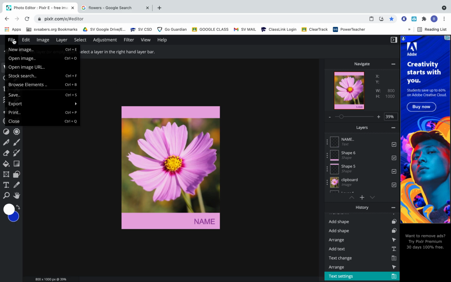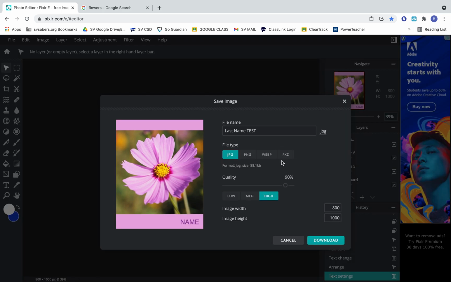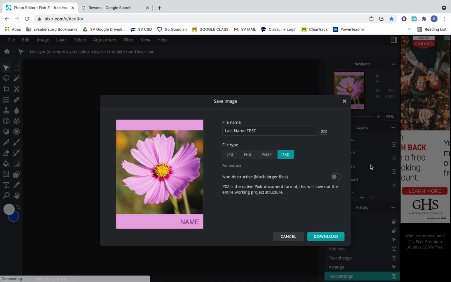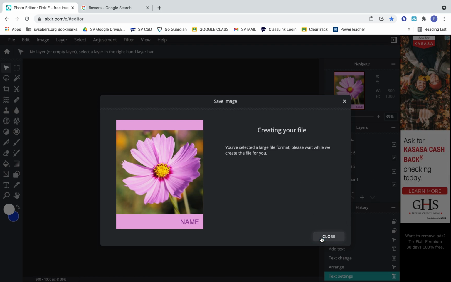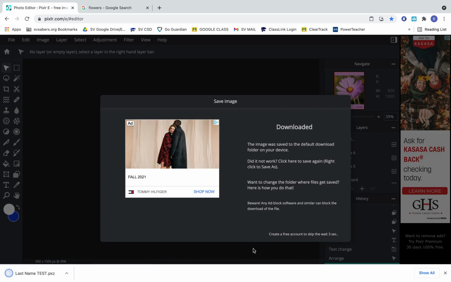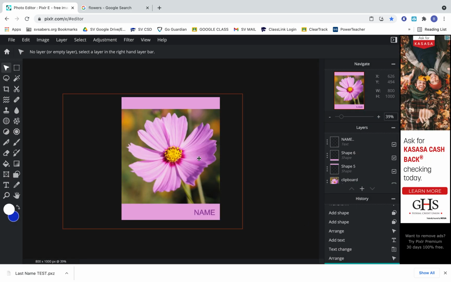You go over here to File, and you go to Save. Now, you want to start saving these as PXZ files. These will keep your layers. So when you're done, you have it there. Click Download, and it should go to your download folder. You probably have to watch something, and then you close it. This will make sure that if you have to fix anything later, you have all these